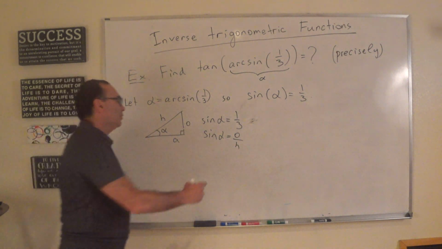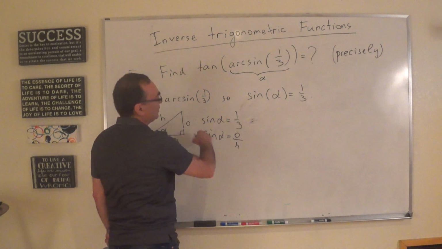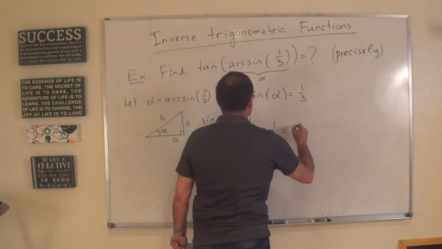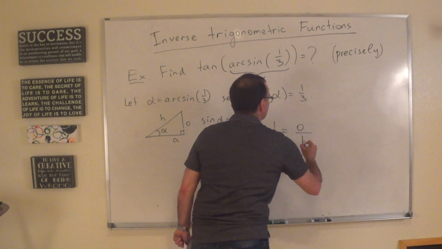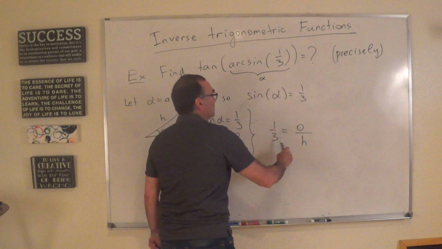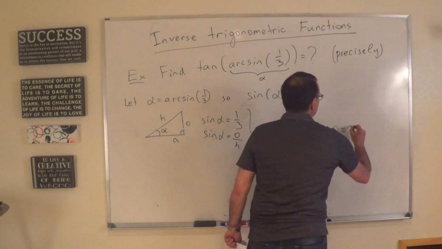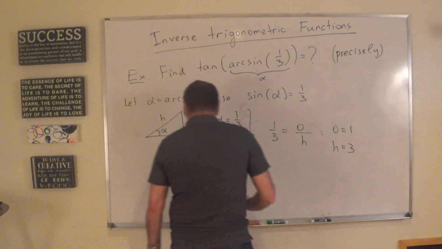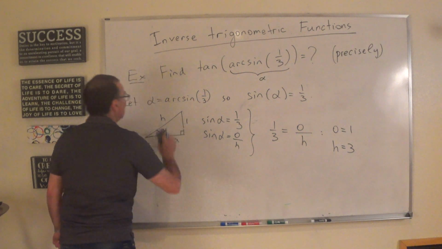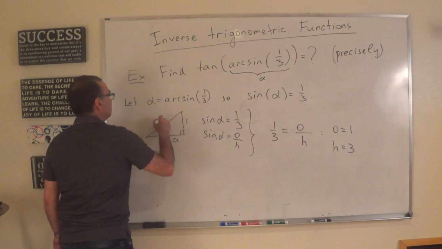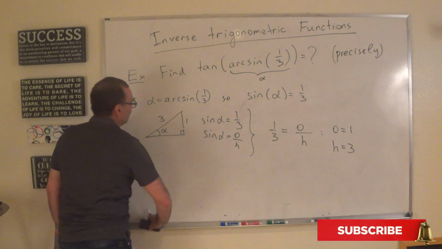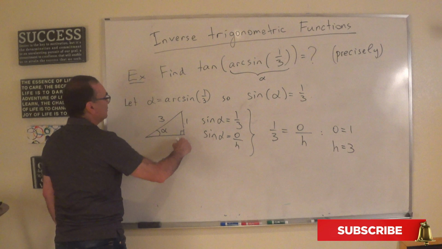And now we know that sine equals 1/3 and also sine equals opposite over the hypotenuse. Then why don't we say that opposite leg equals exactly 1 and hypotenuse equals exactly 3? So 1/3 equals opposite leg over the hypotenuse. And the easiest way to make it work is to say that opposite equals 1 and hypotenuse equals 3. So the opposite leg in this triangle equals 1 and the hypotenuse equals 3. Now let's calculate the adjacent leg. By the Pythagorean theorem we know that